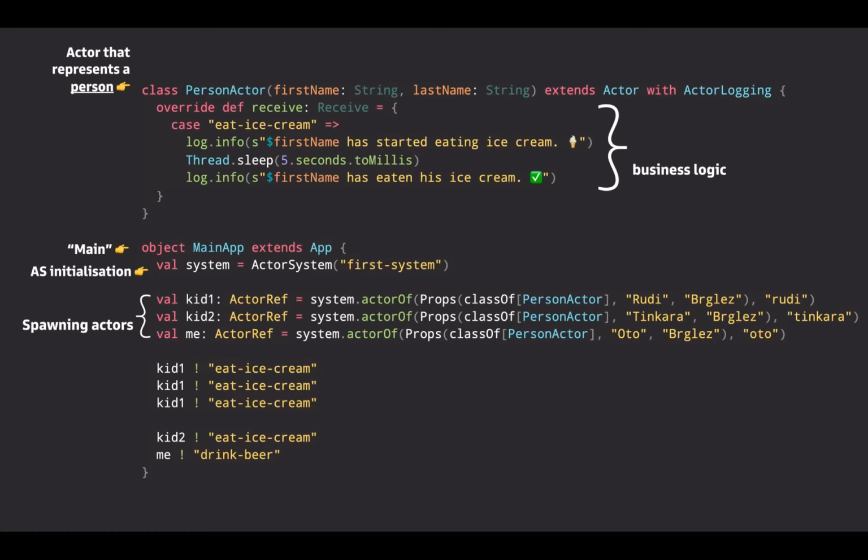In the following example, I have one actor reference to kid number 1, and I send him 3 messages, and these messages are sent asynchronously, and the actor internally will start doing something. In this case, the thread will sleep for 5 seconds. That simulates the work that this actor is actually doing.